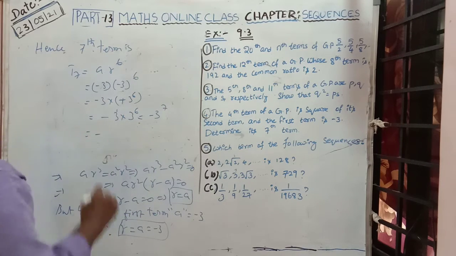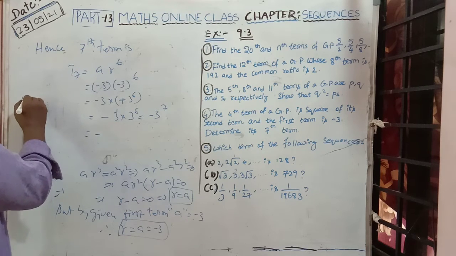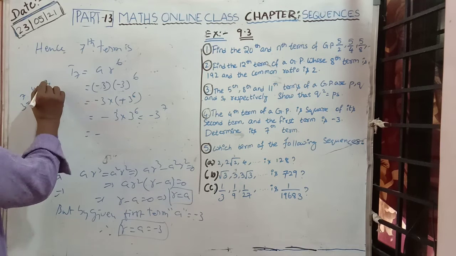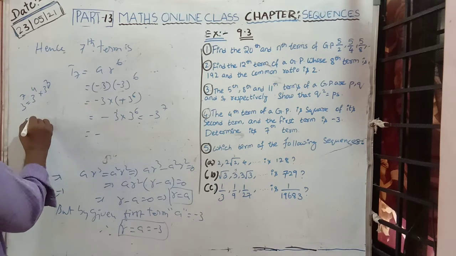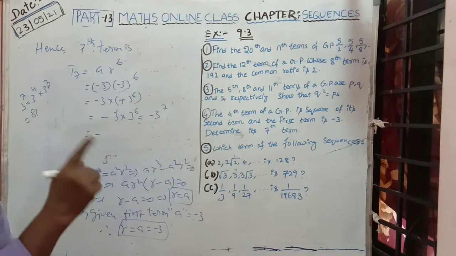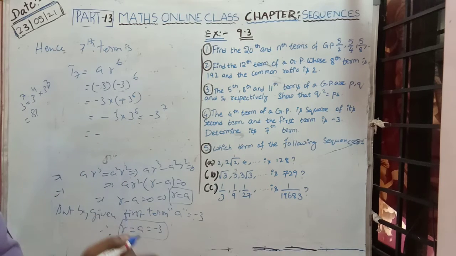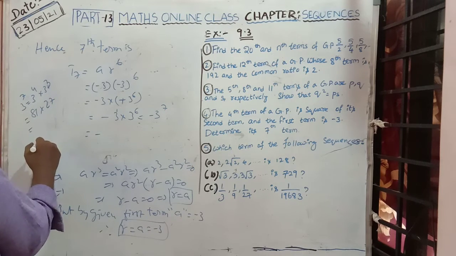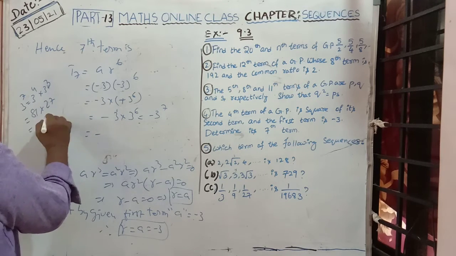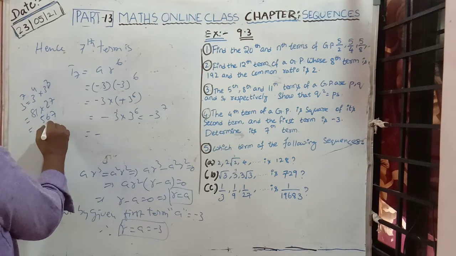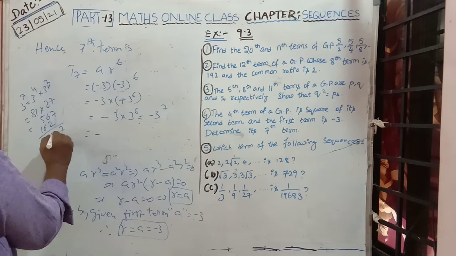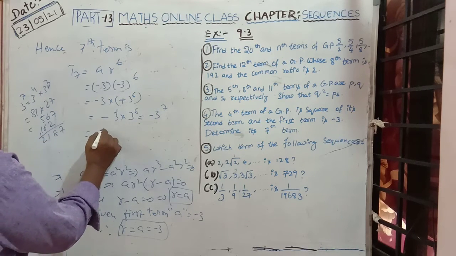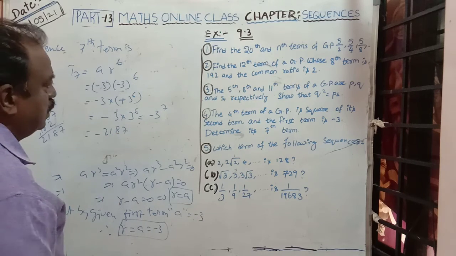Will you agree? So minus 3 power 7 is, you see there, 3 power 4 into 3 cube. Like that we write it. 3 power 4 is 81. 3 into 3 is 9, 9 into 3 is 27, 27 into 3 is 81. 3 cube is 27. Okay? You multiply it. 7 into 7 is 56, 2 and 16. How much? 7, 8, 1, 2. It is 2187, I think.